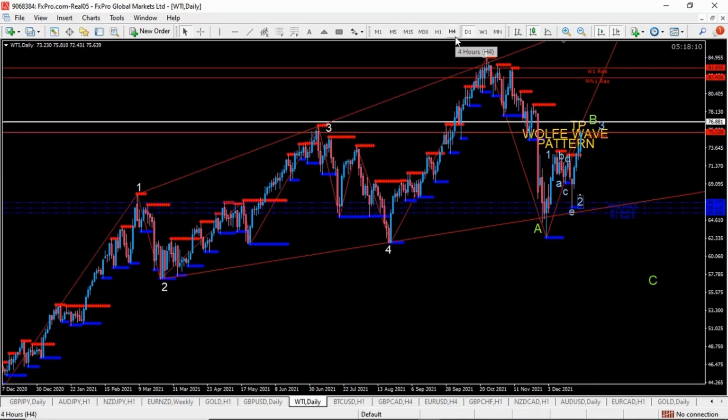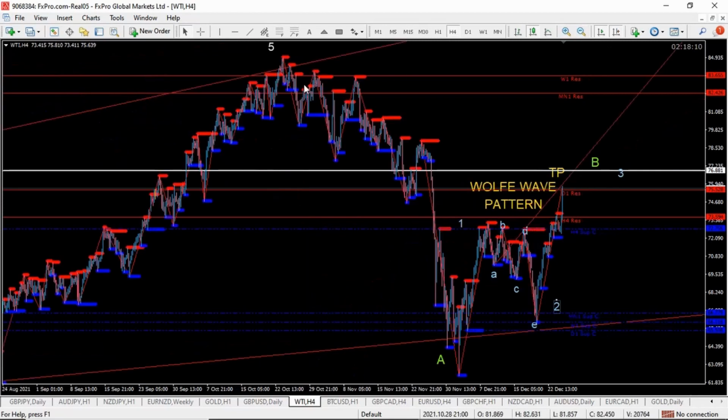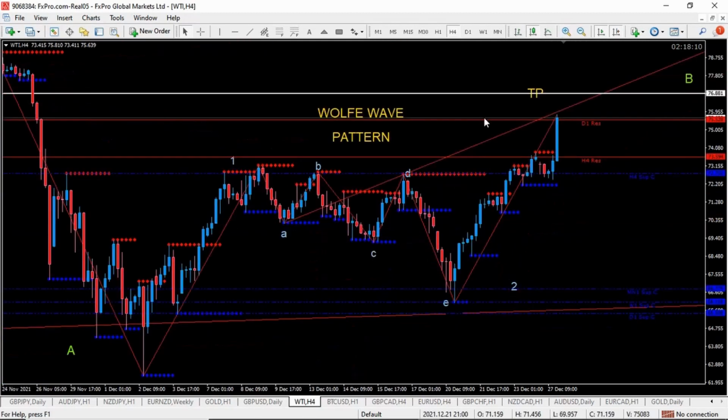So when we go to the lower time frame, which is the 4 hour, you can see exactly what we are talking about. So this is our A, which we sold down to in a 5 wave, 1 2 3 4 5, an extended 5 wave. We sold here. Then there is this buy, which is a 1 here, and we have our 2 here. Then we are going to our 3. But let's zoom in and see exactly what we are talking about here.